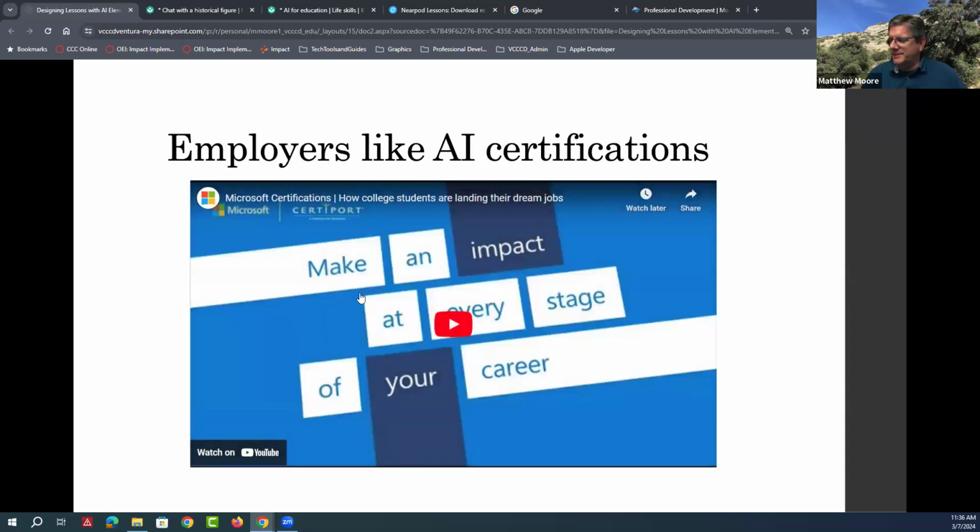employers like certifications. So there's 3 points to this process, right? There's what students are doing in the K through 12 environment, being trained in using AI. There's what we need to do here, which we're going to define. And then there's the employer aspect of it, that they want people to have these sets of tools. So there's a lot of things here that I hope I'm leaving you with that you can